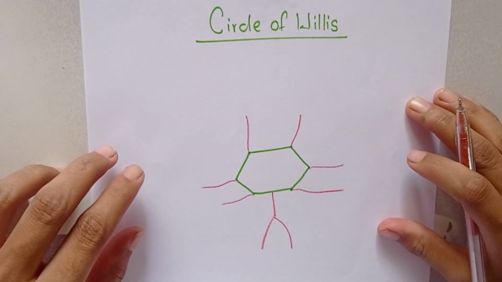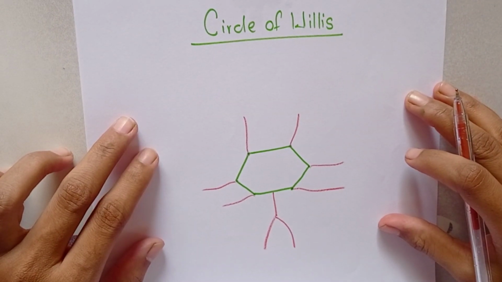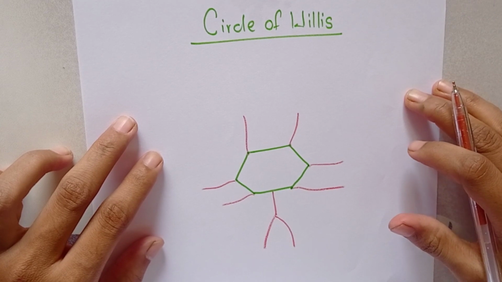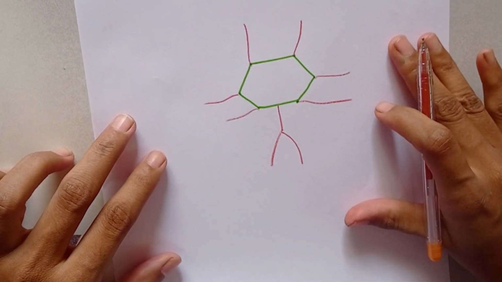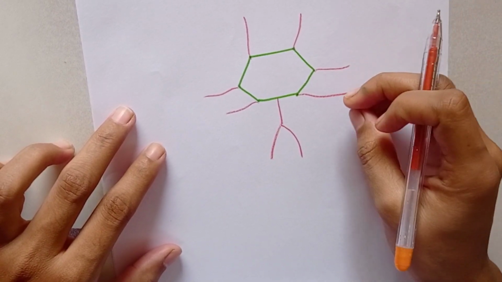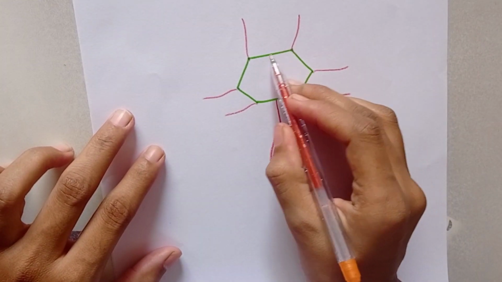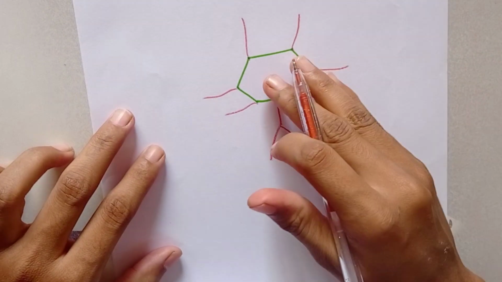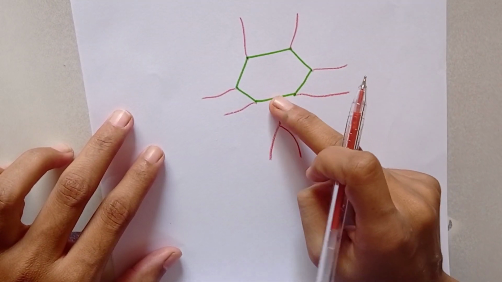Hello friends, in this video we are going to see about the blood supply of the brain, that is the circle of Willis. Here we are going to study by 2D diagram. Afterwards we will understand how it looks in 3D. Only this hexagon will be seen from the upper portion, that is in the 3D form, and this will be on the